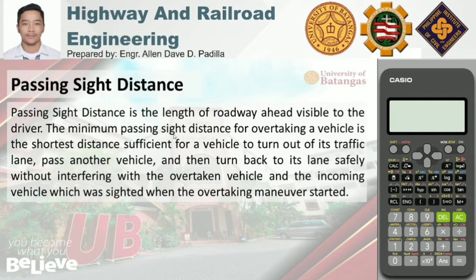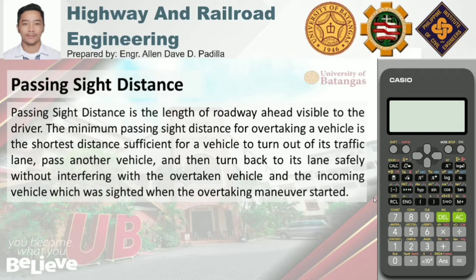The minimum passing sight distance for overtaking a vehicle is the shortest distance sufficient for a vehicle to turn out of its traffic lane, pass another vehicle, and then turn back to its lane safely without interfering with the overtaken vehicle and the incoming vehicle which was sighted when the overtaking maneuver started. Meaning to say, ito yung distance required para makapag-overtake ka safely without interfering yung in-overtake mo at yung paparating na